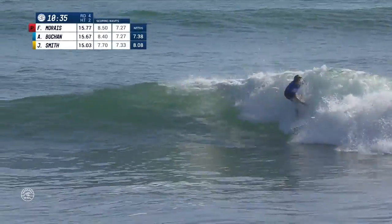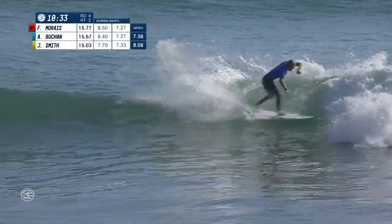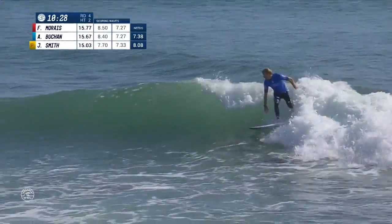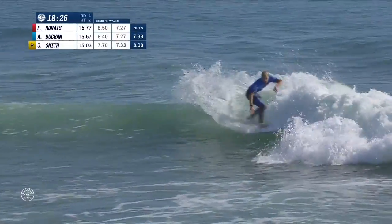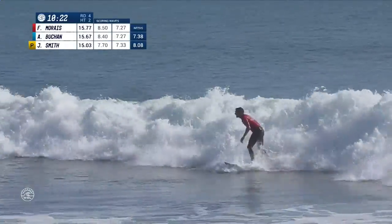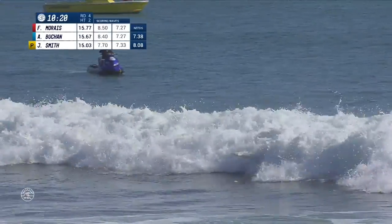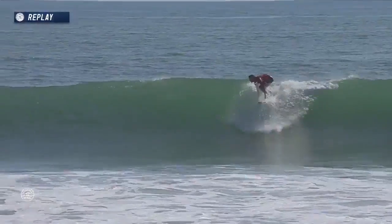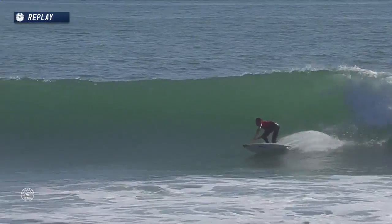And still has some ground to make up on the inside. This wave just keeps providing, a bit of a wonky swell line cutting through it at the moment, but he's still powering through it. Takes a little look up toward the panel. Fred is chasing him down the line there. We'll see what he did on the outside in a moment, but focus on the equipment. Everybody's board looks really good. I mean, Ace's,